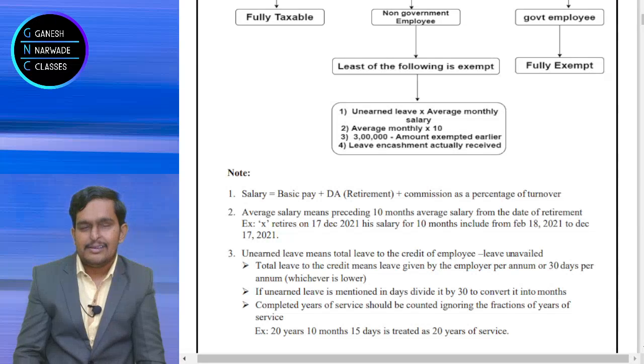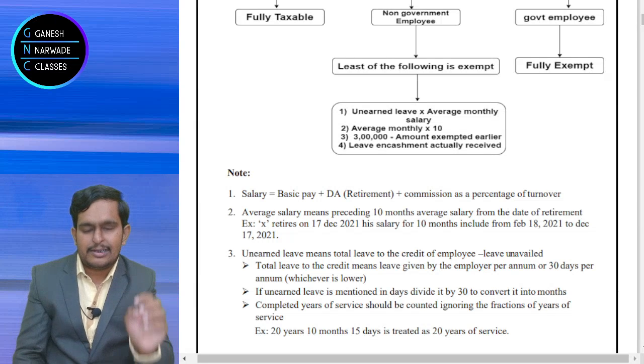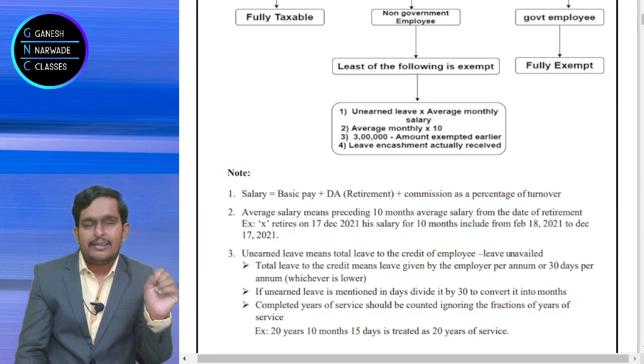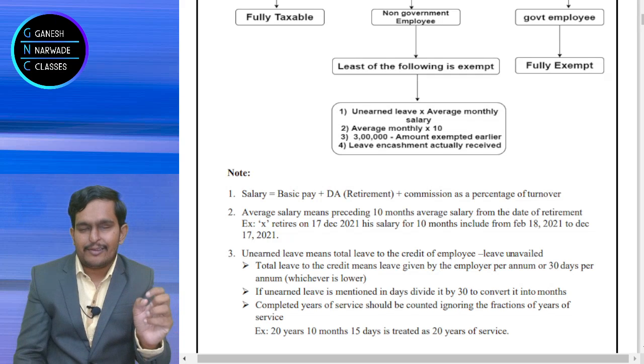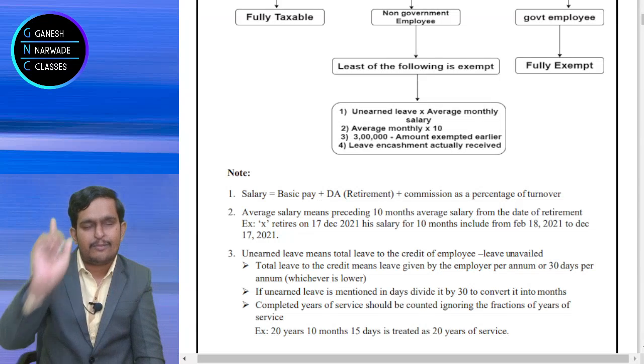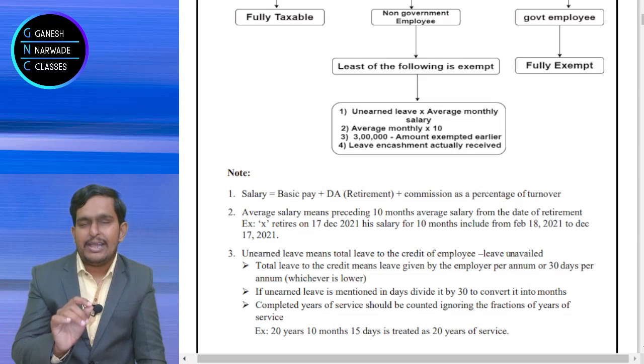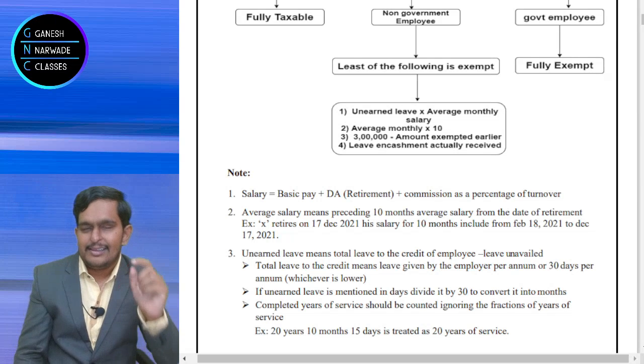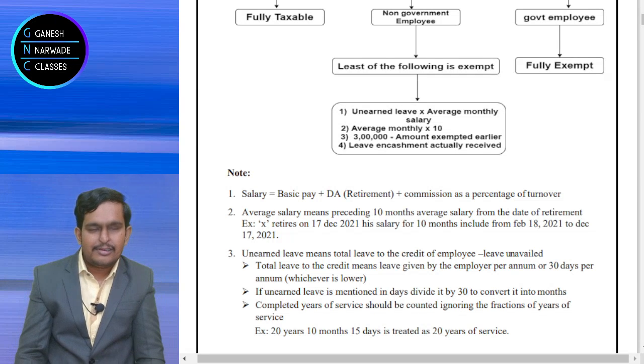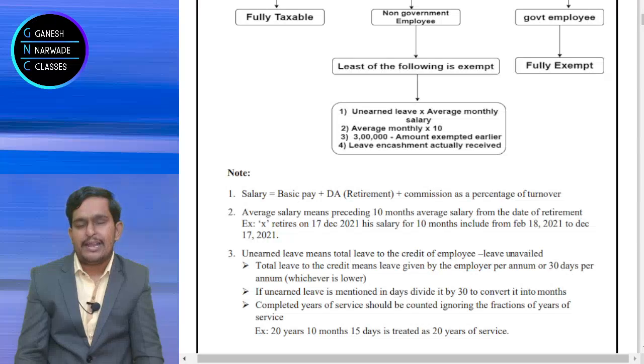We discussed that maximum leaves as per income tax, that is 30, or leaves given by the employer, whichever is lower, into completed years of service, but ignore the fraction of days or months. Take only total completed years minus leaves taken. If it is in days, divide by 30, then you get unearned leave. That's how you do it. Come to the next topic, and that is